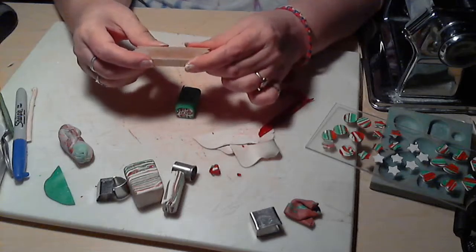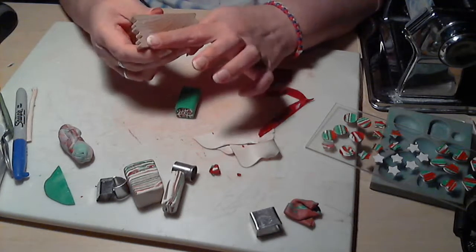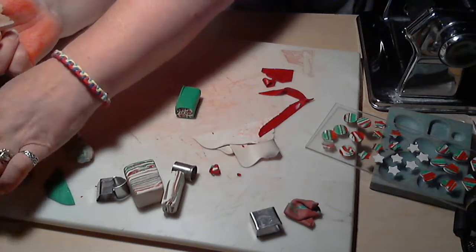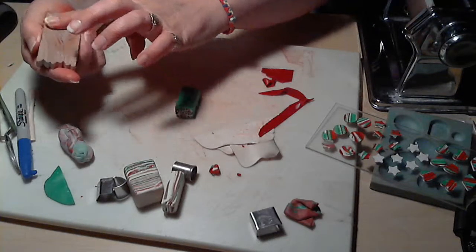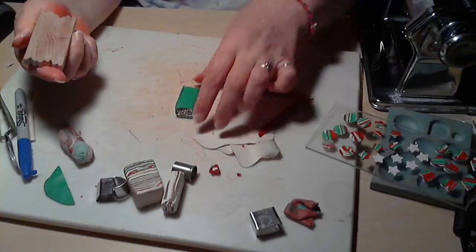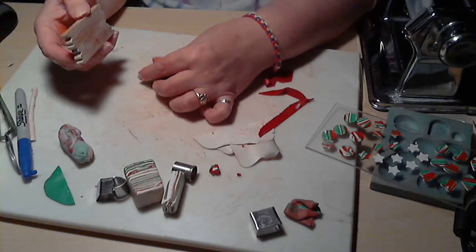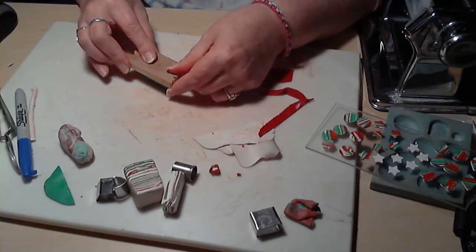So I found myself a piece of wood. This is going to be flat, no edges or no raised up. I'm going to take my powder and I'm going to start to render this down. Take this and just flatten it up,